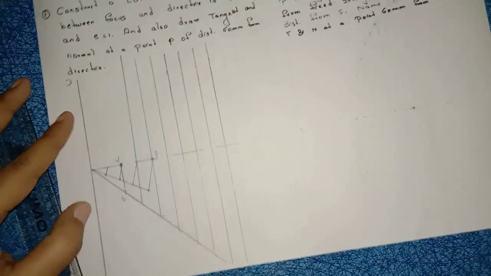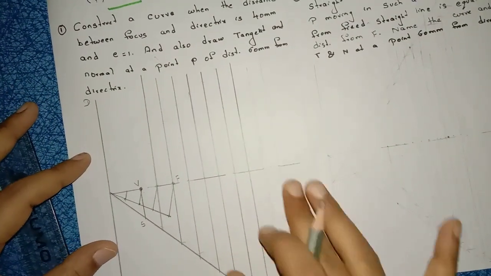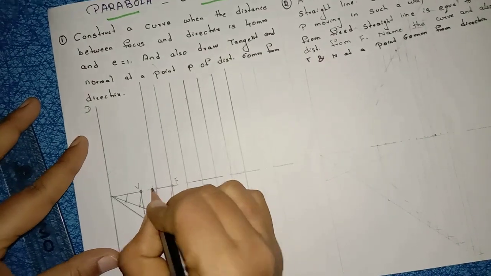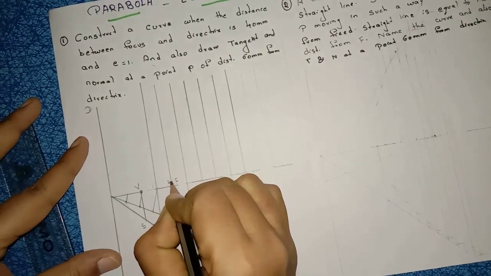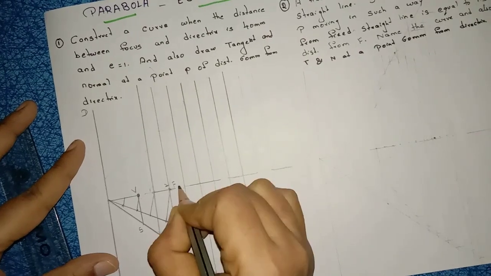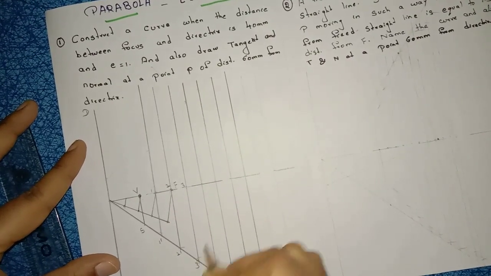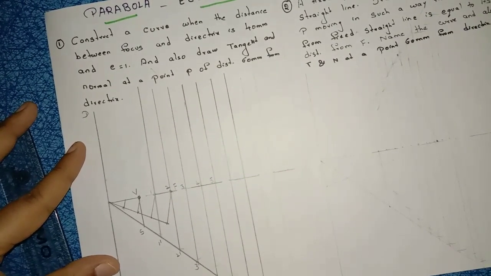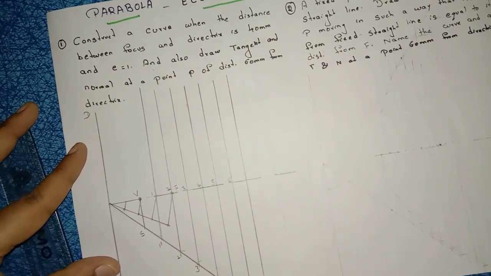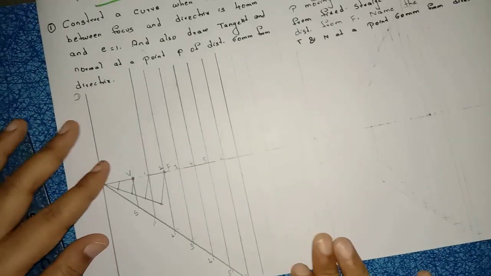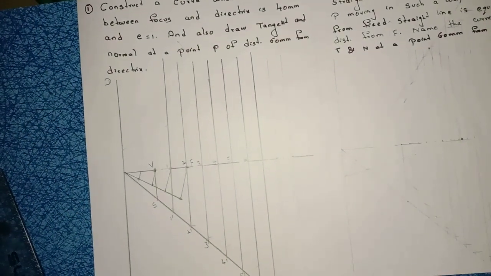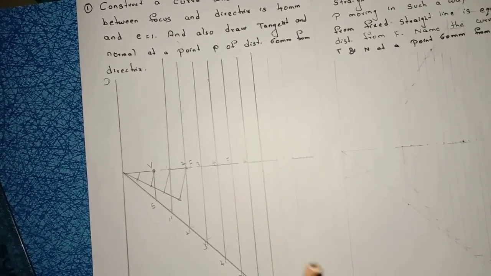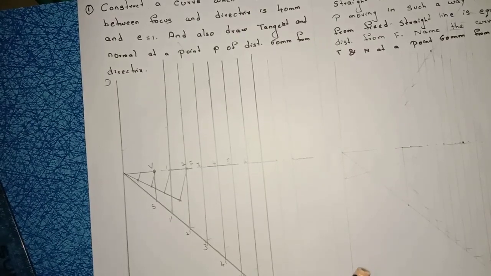Right? So here I'm not getting sufficient place, so I'm leaving this 2, but divide into 8 to 9 equal parts. Name it as 1, 1 dash, 2, 2 dash, 3, 3 dash, 4, 4 dash, 5, 5 dash, 6, 6 dash, and so on. Right, now you know how to construct the arcs. Same as the ellipse concept, in similar manner construct the arcs here also.